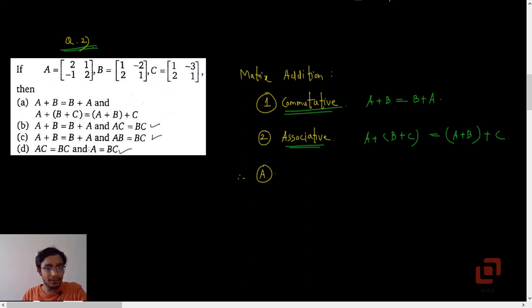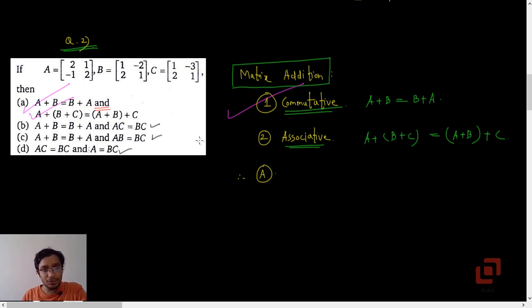we need to pick that one, provided these things are there, and it so happens that this is present right in option A. A plus B equal to B plus A, commutative. A plus B plus C is equal to A plus B plus C, associative. It is also there in option A. And we have studied in logic, if you have a conjunction, then both the propositions must be true. And we know that they are true for matrix addition. In fact, these are the properties of matrix addition. So question 2, option A.